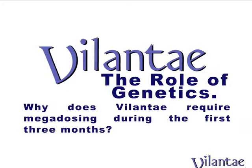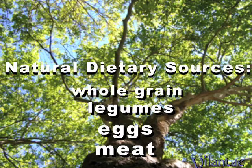The role of genetics. Why does Vilantae require megadosing during the first 3 months? Switching to a diet high in D-calcium pantothenate is not enough to help acne, and in most cases it will do very little. The reason for this is our bodies have trouble absorbing the necessary amount of D-calcium pantothenate due